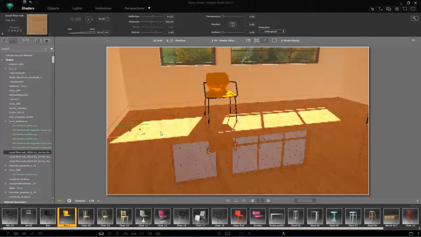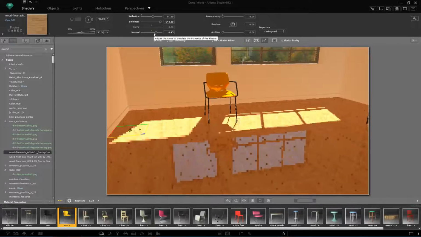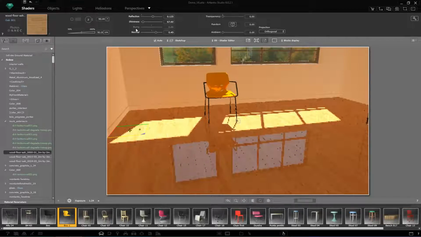This is a very useful feature whenever we need to position a pattern of a material or just some tiles on a surface. The next sliders are about the behavior of the material. It can be set more or less reflective. The shininess slider manages the clarity of reflections. If you push the slider towards the maximum, the reflections will be very clear, but if you give it a low value, the reflections will be more and more blurred.